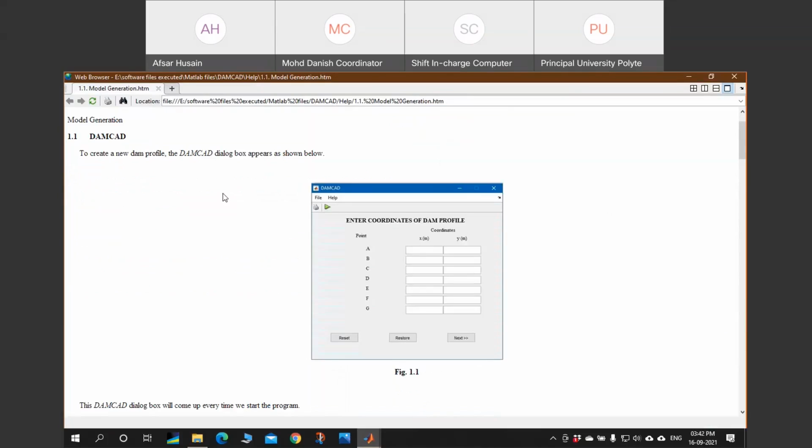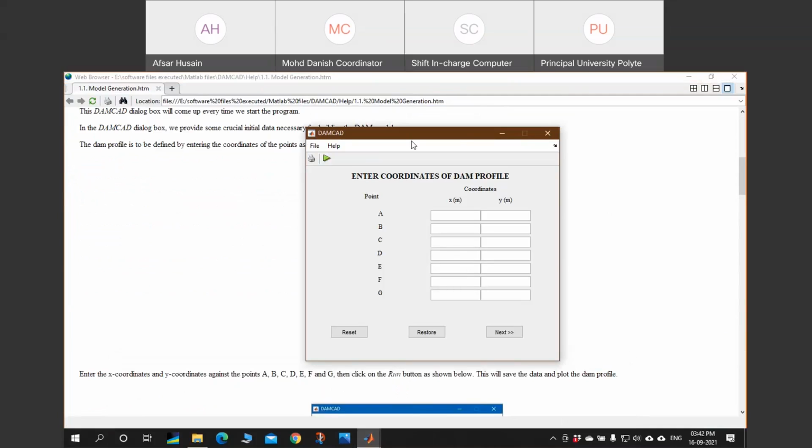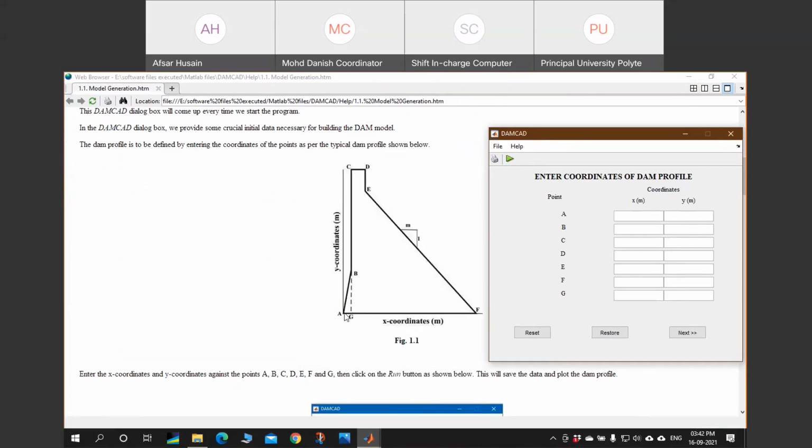So now here, this is the meaning of all the names of all the vertices. So A is this, B is this, C is this, and up to G. These are the X coordinates, these are the Y coordinates. So if you provide the X and Y values, you can plot the DAM figure.